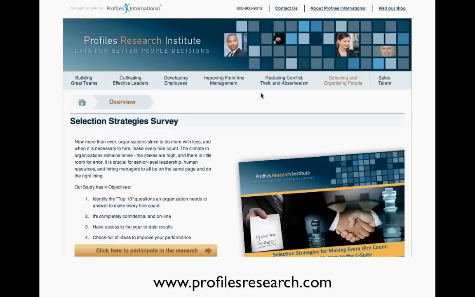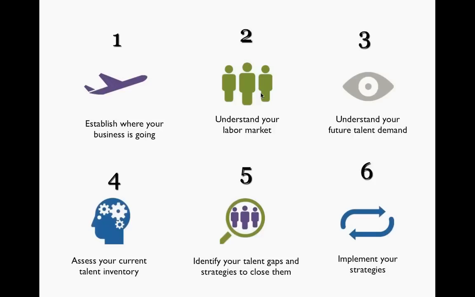As you can see here on this screen, we have been gathering, all throughout the year, as organizational researchers, we just would like to know what drives performance in an organization in a very objective way, based on real research from our clients. And what they came out with is based on this, and I'm going to be sharing with you at the outset. And these are the six: establish where your business is going,